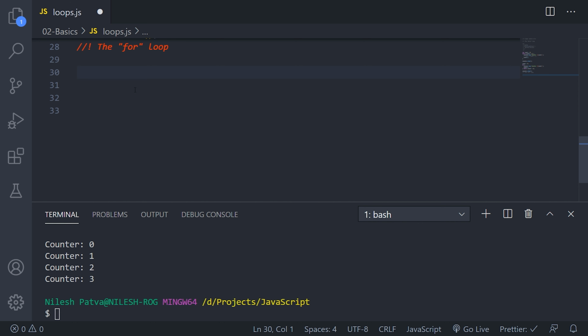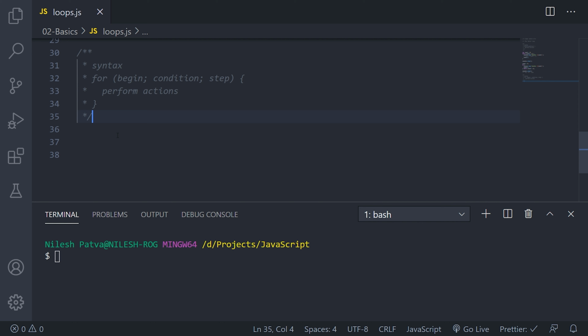Next we have the for loop. The syntax of the for loop is like this. It is pretty simple, guys. You just have to use the for keyword, then the begin or initialization phase. Then you have to add the conditional part here, separated by a semicolon, and then the last part, which is a step, performing the incremental part of the variable, and then the braces, with whatever you want to perform in this for loop.